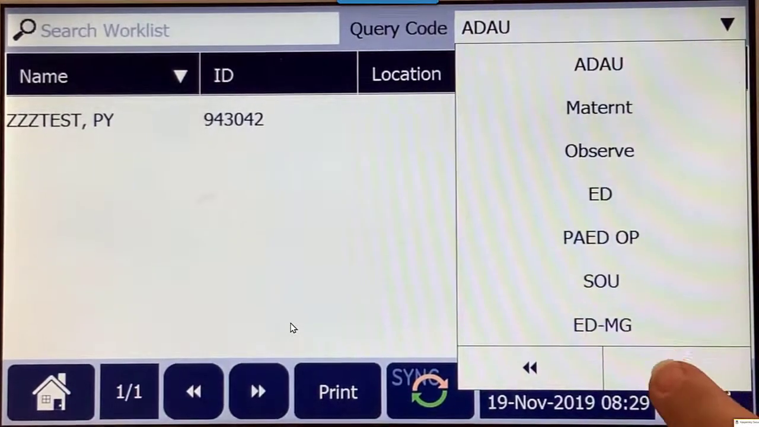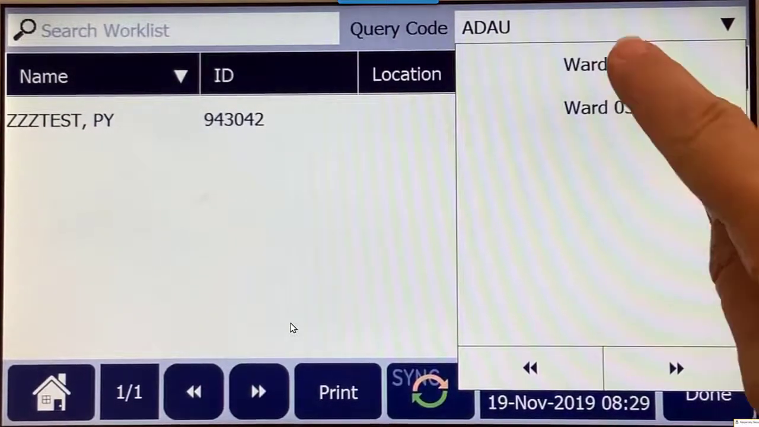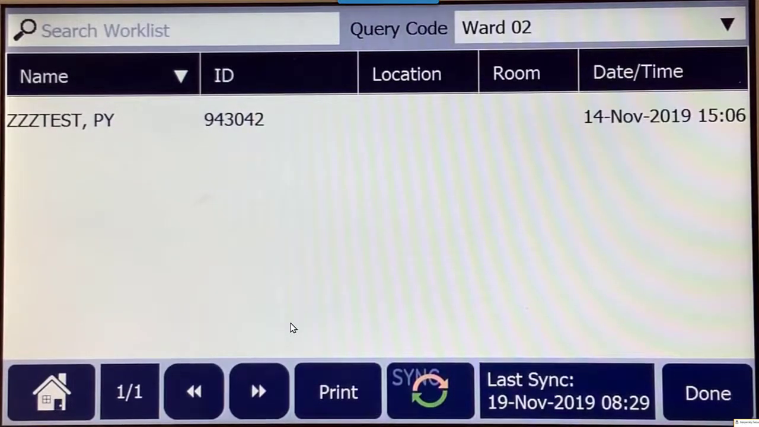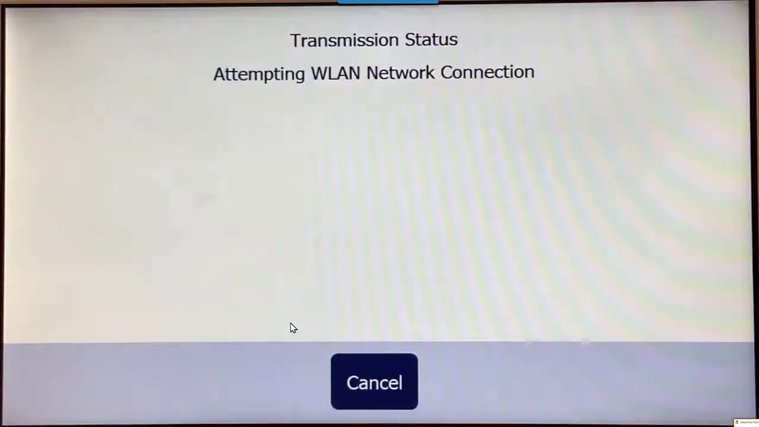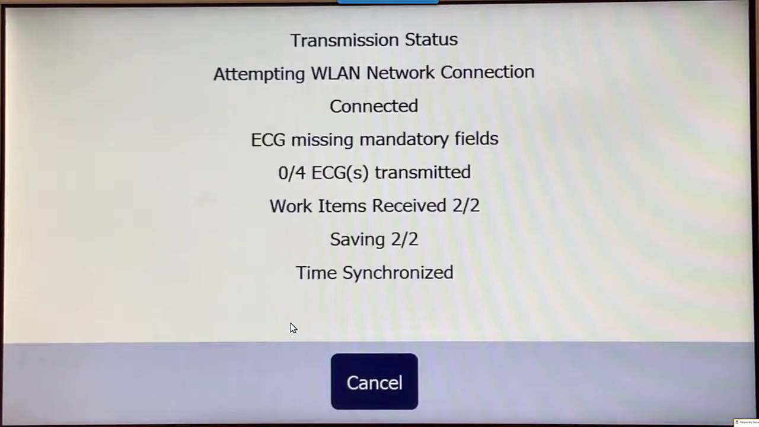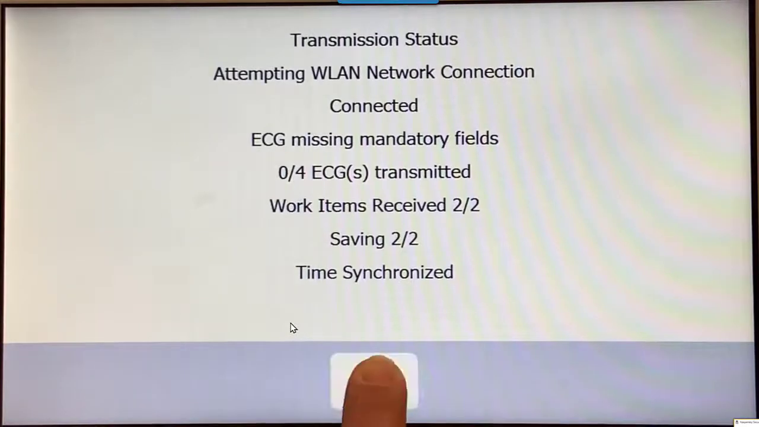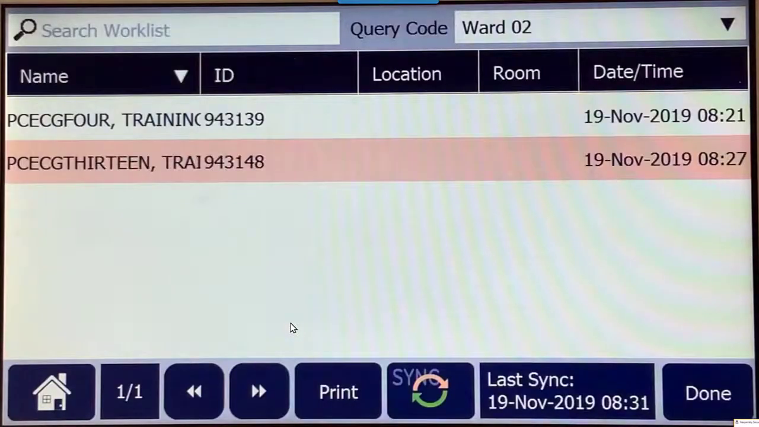On the ECG machine, you'll need to select your location, in this case Ward 2, and see if you can see your patient's order. If you don't see the order, then you'll need to press the Sync button. Now we can see our patient. Simply select them,